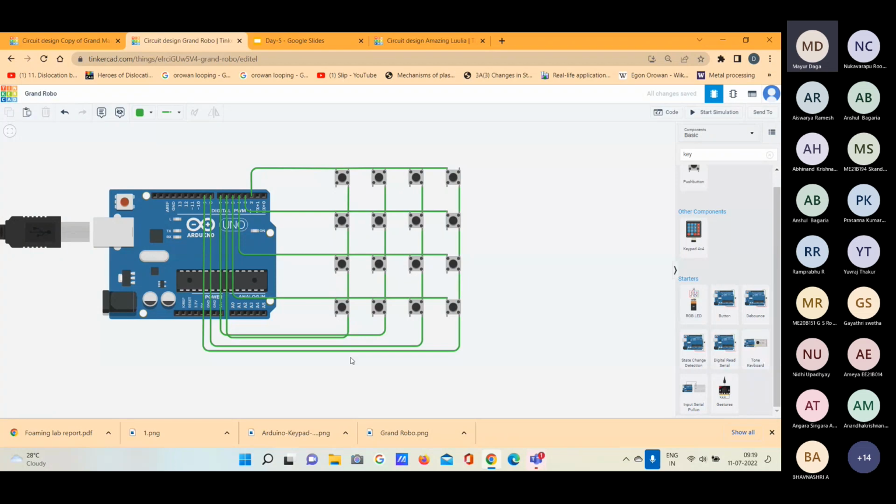So I have actually made it tilt, so these are rows and these are, sorry, yeah, these are rows, these are columns. These 4 lines are for columns, and these 4 lines are for rows. Okay, now